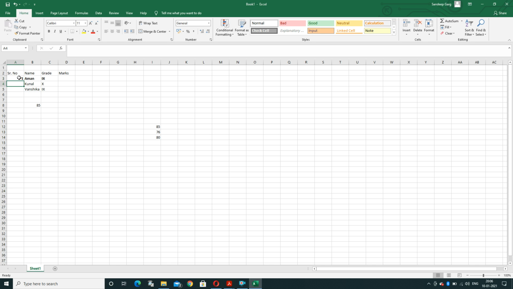Suppose I want to do it till 50. First I'll type the first value, afterward type the second value, then I'll select both values. For selection of both values, I'll bring the cursor on the first value, then with the help of the shift key, I'll press the second value also. Now when I do the drag and drop option, the value will automatically be increased till where I want to do. See now, the automatic value is going down.